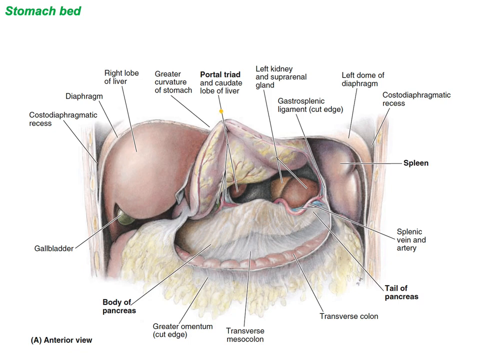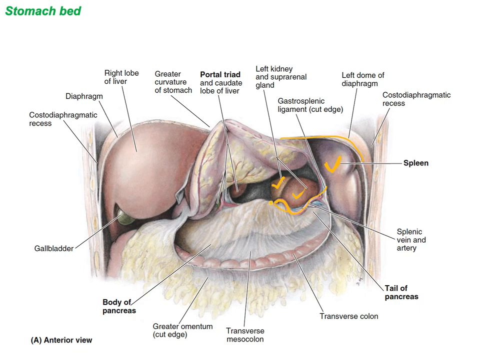So let us reflect the stomach. This is the stomach reflected by a hook to have a look posteriorly. This space here, you see, is the lesser sac. This is number one. You see the left dome of the diaphragm. Posterior to it, you have the spleen, you have the left kidney or upper part of the left kidney and left suprarenal gland. You have again the spleen, you have the splenic artery and